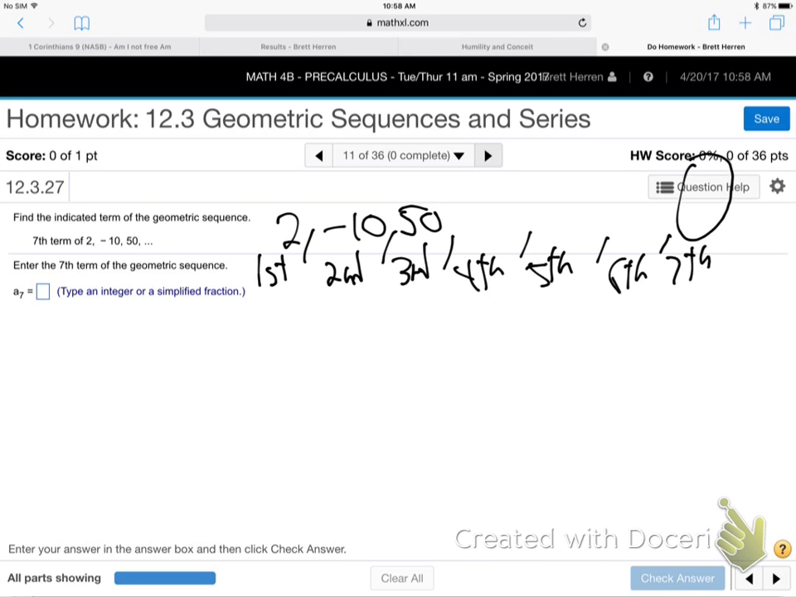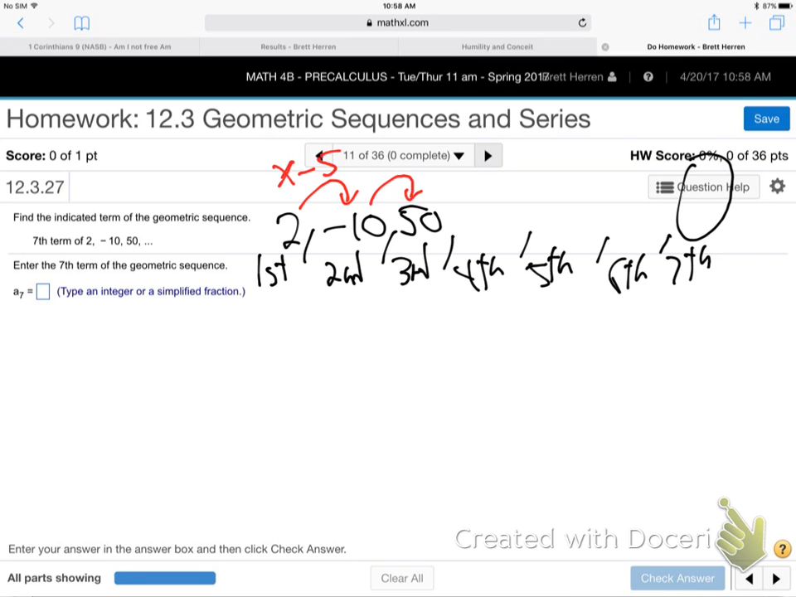Can you tell what's happening? Give it a try. See if you can see the pattern. What's happening from term to term, and just use your calculator and do a few more jumps, a few more terms, rather than finding the whole formula. So what's happening from term to term here? It's times